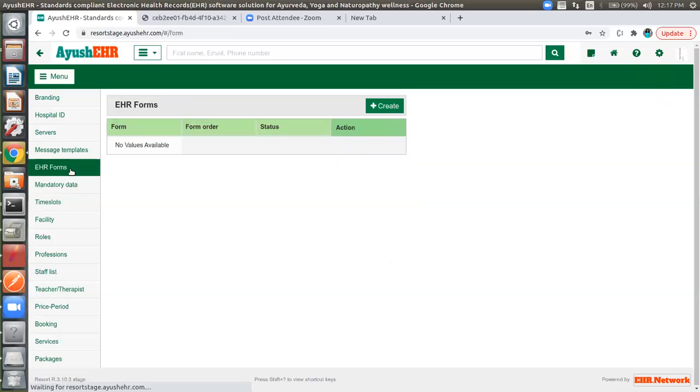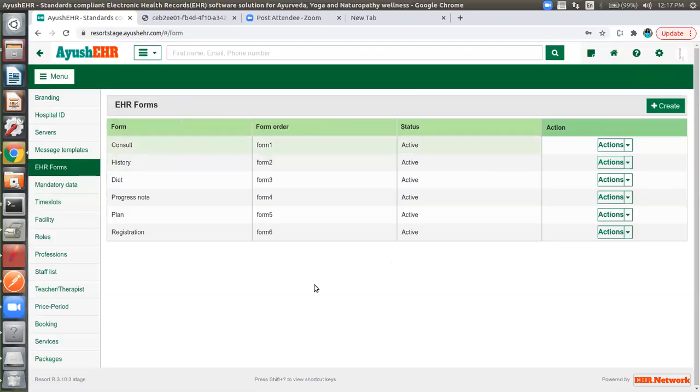And next we have these EHR forms. I showed you in the timeline view we have plan, registration, progress note, etc. So we have a master set of forms: consult, history, and diet. The organization can decide for which form we put the modules. We had complaints, imaging, and examinations under this consult.